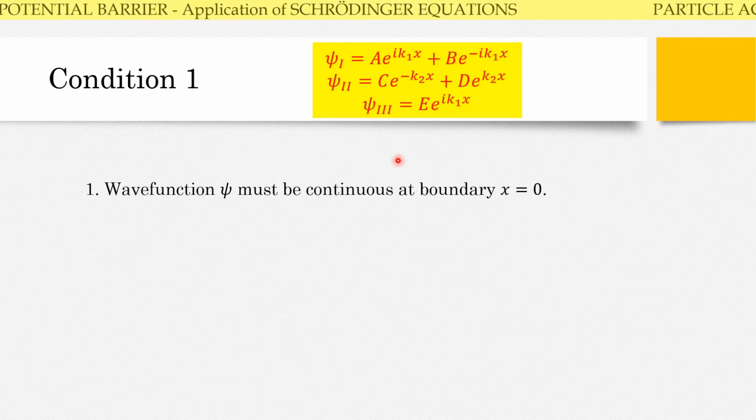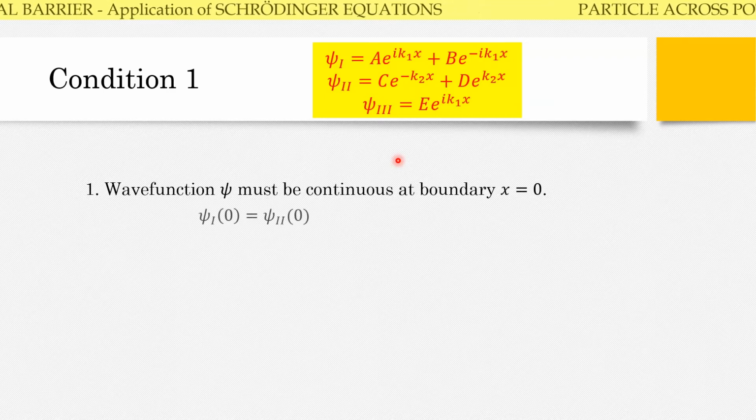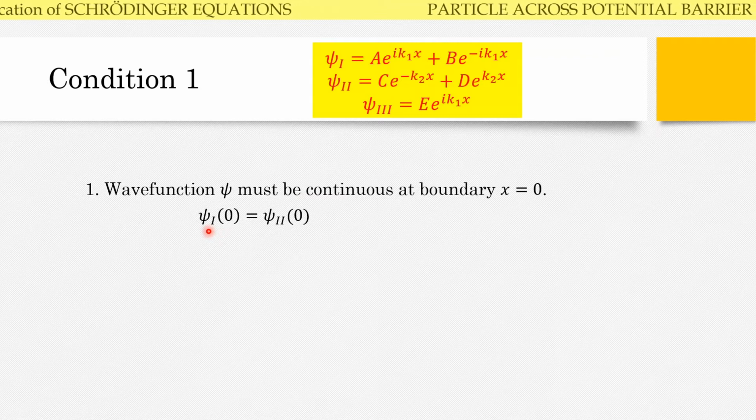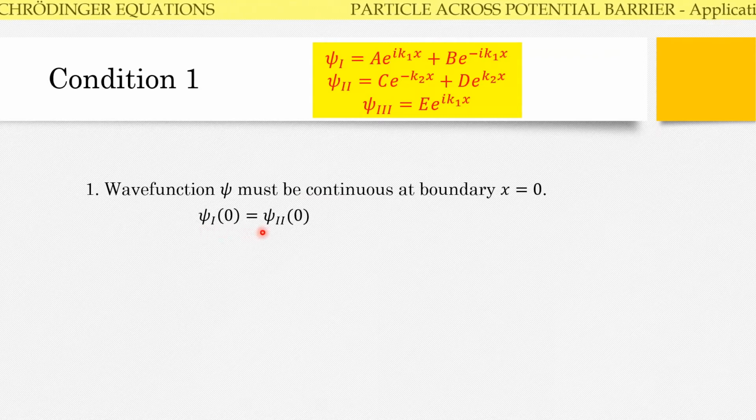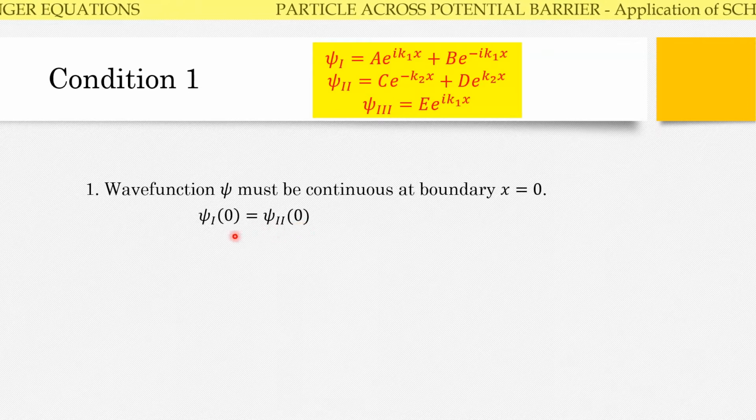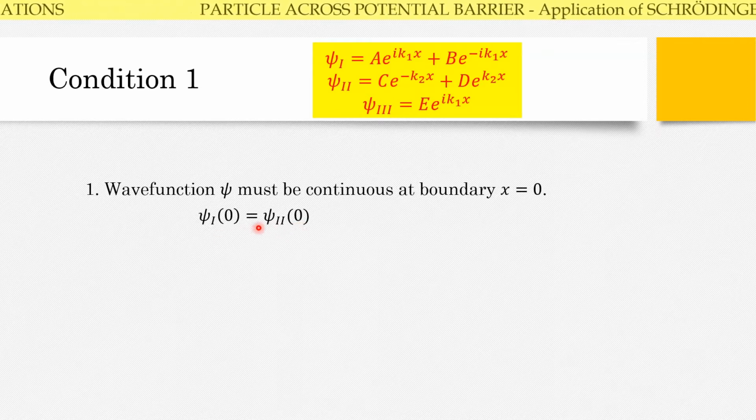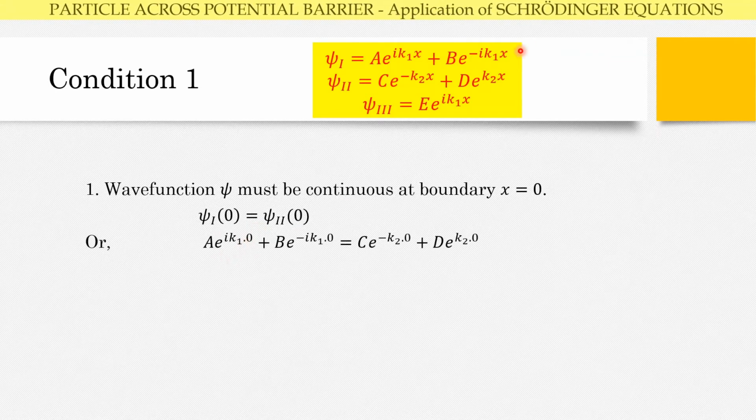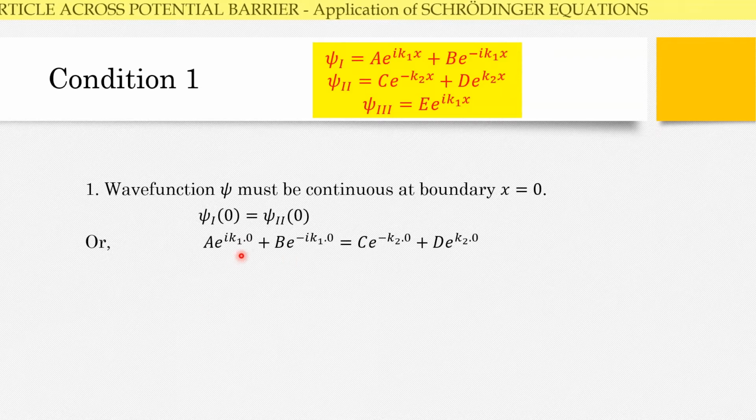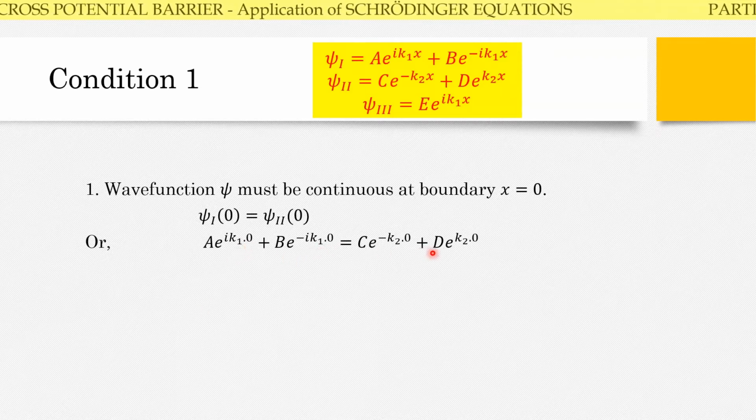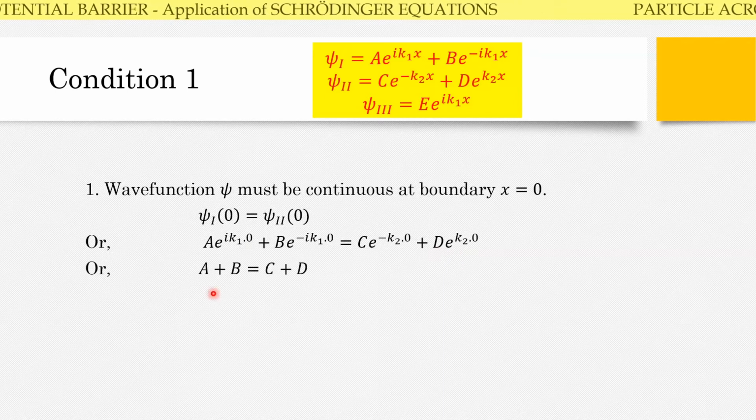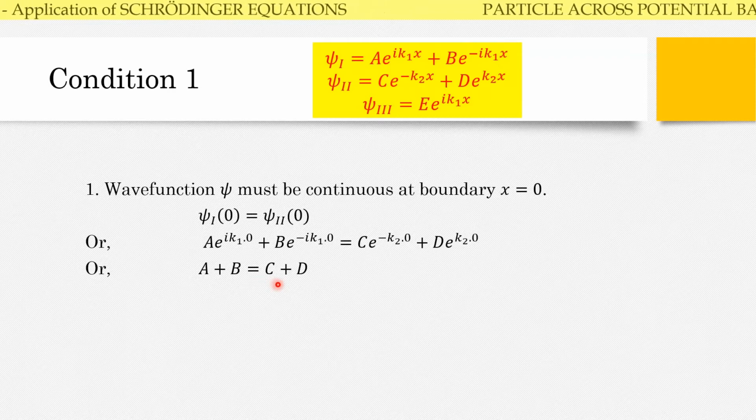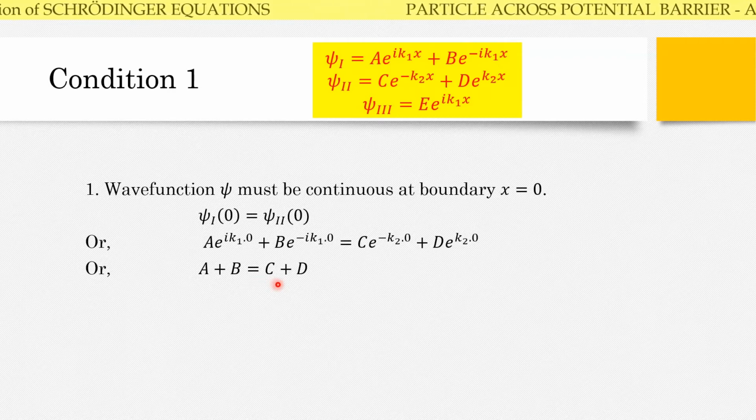use of boundary conditions. So if the wave function psi is continuous at x equal to 0, obviously the psi1 in the region 1 at x equal to 0 and psi2 in the region 2 at x equal to 0, these both terms must be equal. So let us replace their values from here, three equations, and putting x equal to 0 everywhere, you just get final result as A plus B is equal to C plus D. So now I got the first relation connecting the